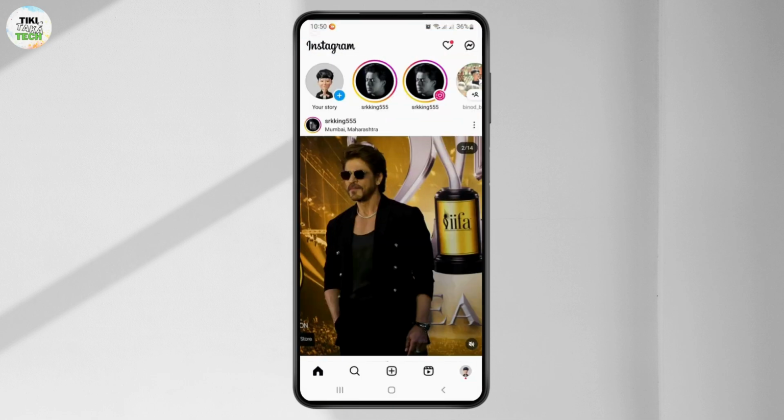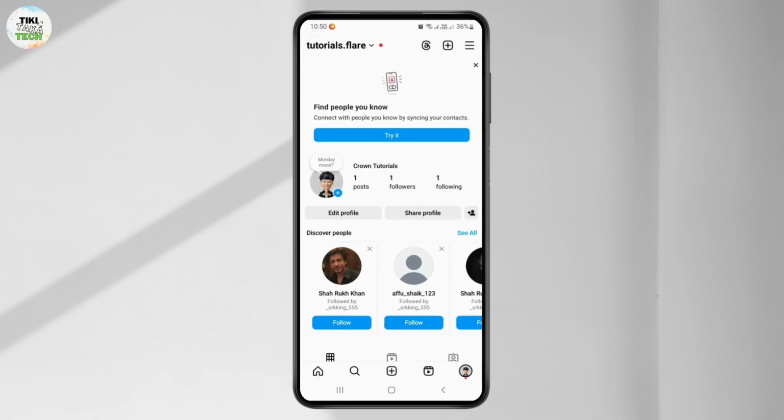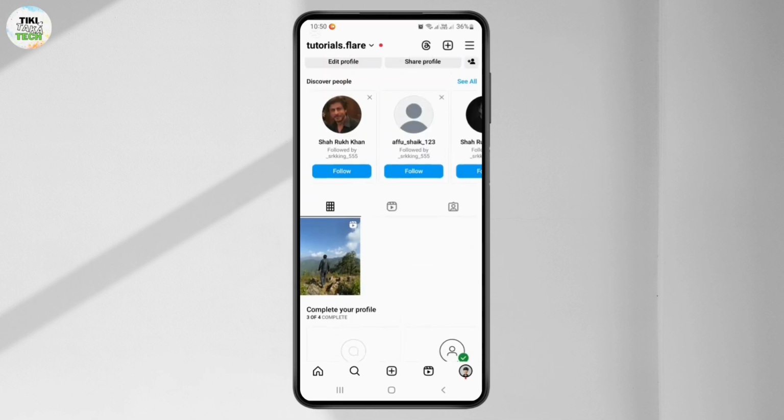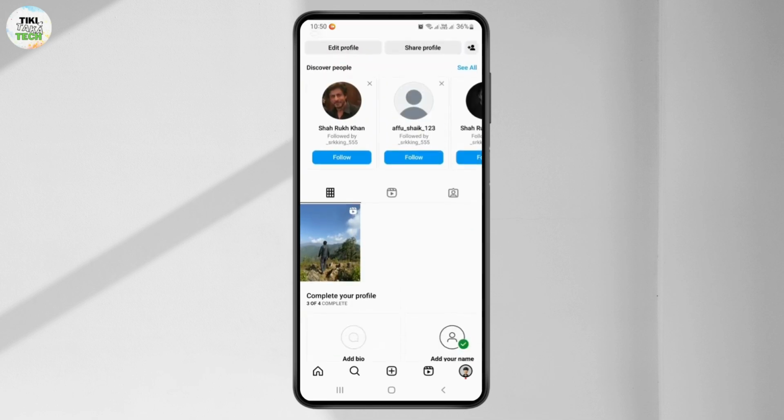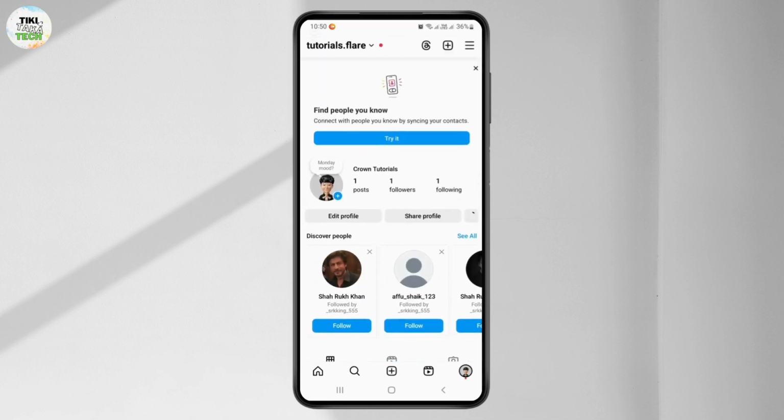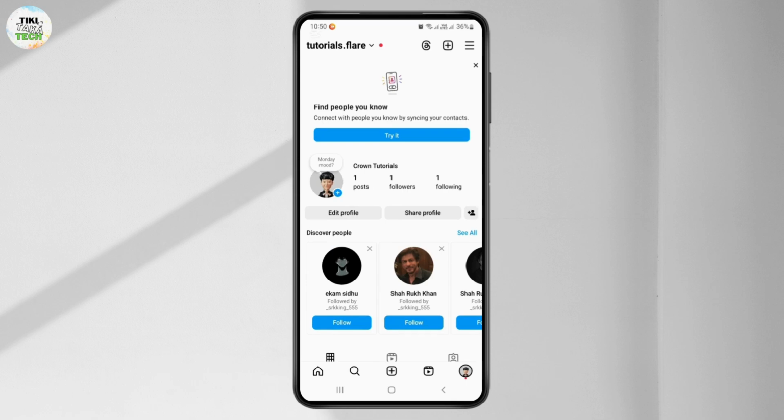Alright, so after you open the Instagram app, you will get such an interface. From here, you'll have to go to the profile option just at the bottom right corner of the screen. So simply tap on it. And now from here, you'll be able to see your recently posted videos or reels. So from here you'll have to tap on the three dots just at the top right corner of the screen,